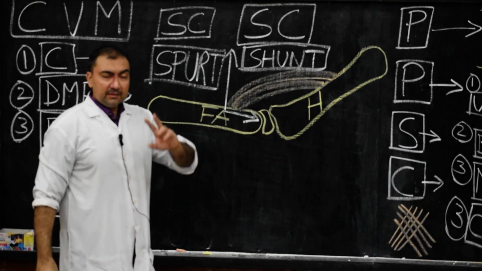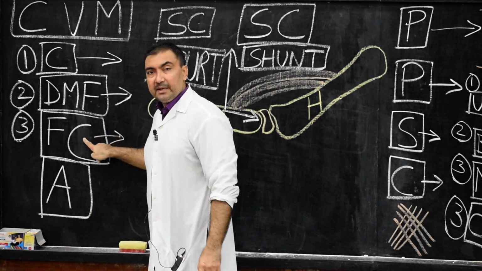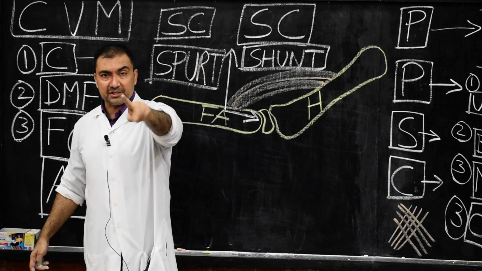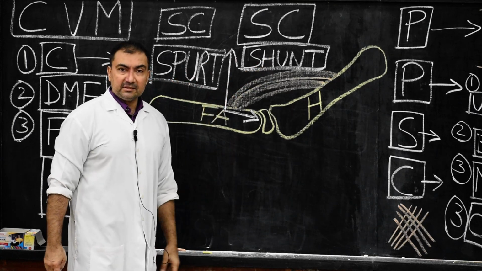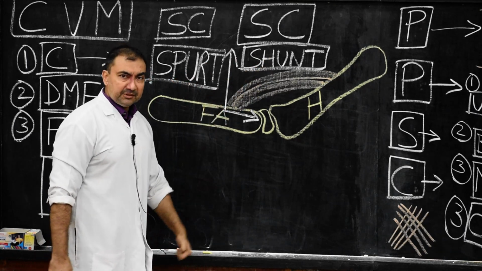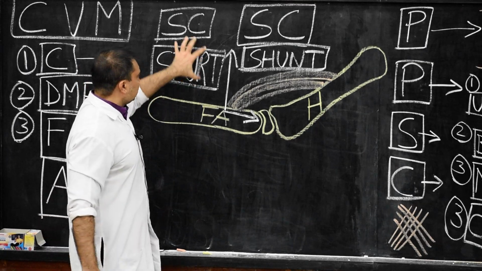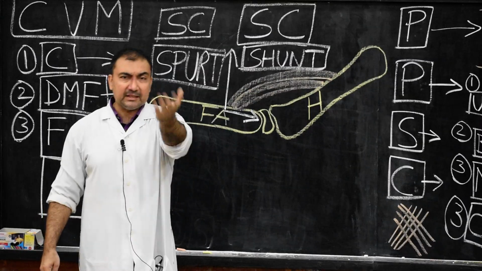So these are the two basic categories of muscles under this classification. Depending upon the force of contraction, the entire muscles are divided into two classifications. Number one, spurt muscles. Number two, shunt muscles. Now, given examples: we know what spurt muscles are and what shunt muscles are. Spurt muscles are those which have more of swing component, and shunt muscles are those which have more of shunt component.